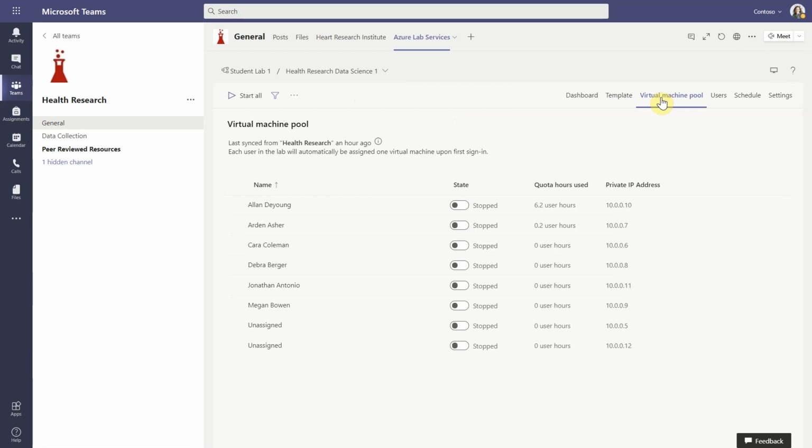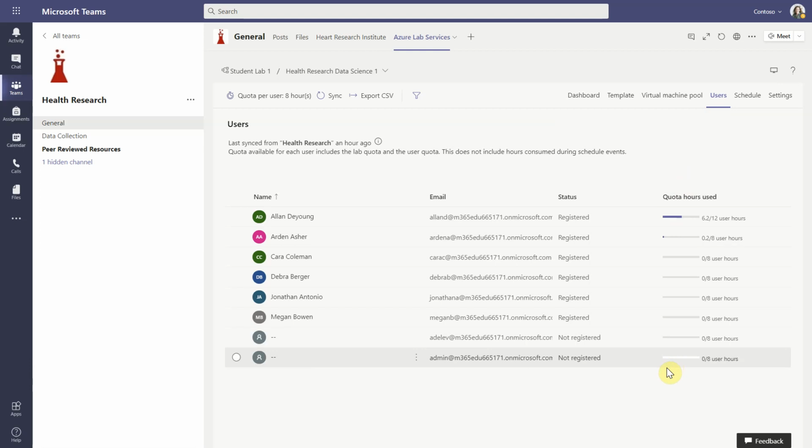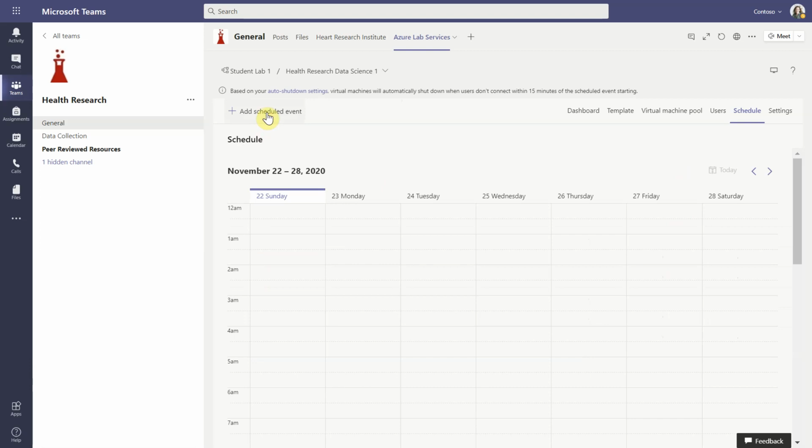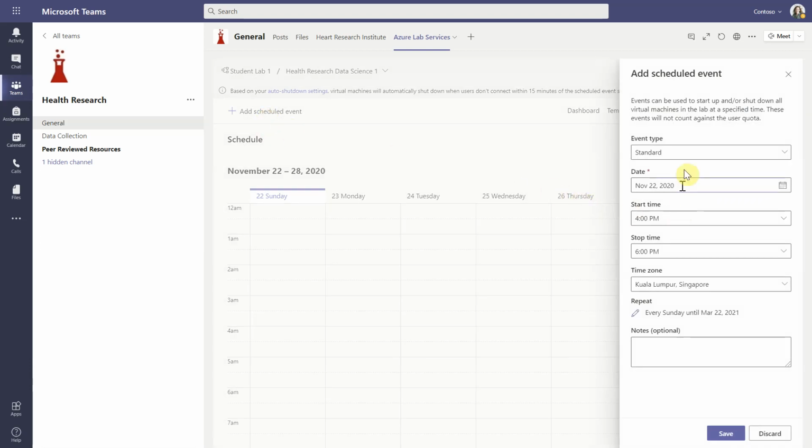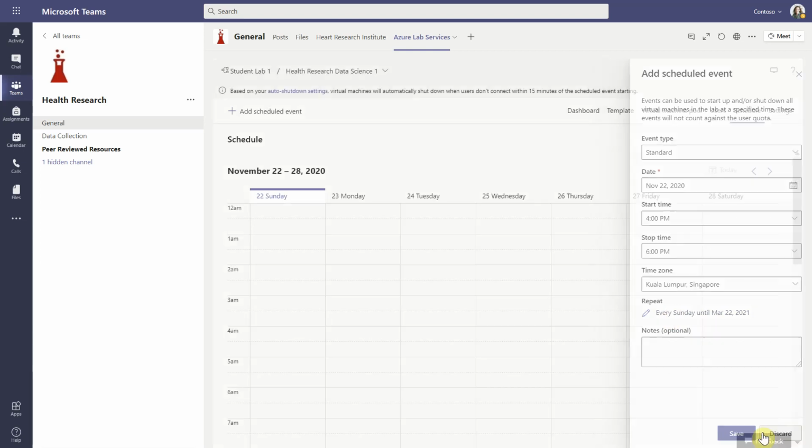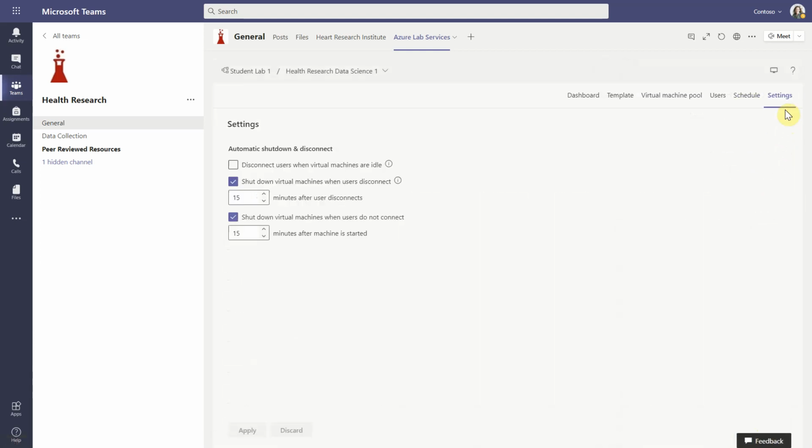The power of using Azure Lab Services with MS Teams is that a VM is already created for each member of the MS Teams team, who are listed here. It also keeps track of the quota hours, the individual study hours that each user is using. It allows the creator to create a schedule with start date, time, stop time, time zones, and whether the class has to be repeated. They can also put friendly notes to remind them what purpose this schedule is for. And last but not least, they can also change the policies, keep a handle on and optimize the cost of the class.